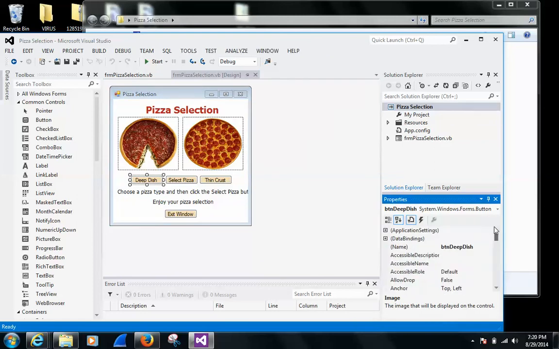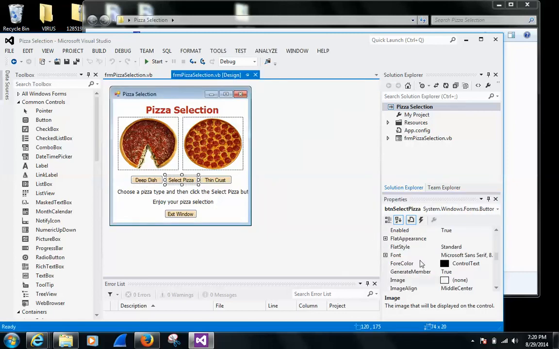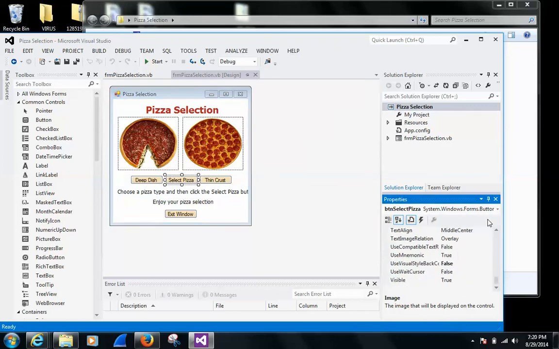Here they went up to the top and they named it button deep dish. BTN stands for button. This is named button select pizza, not only in this description, but in the name of the field, button select pizza. And this is called BTN, stands for button